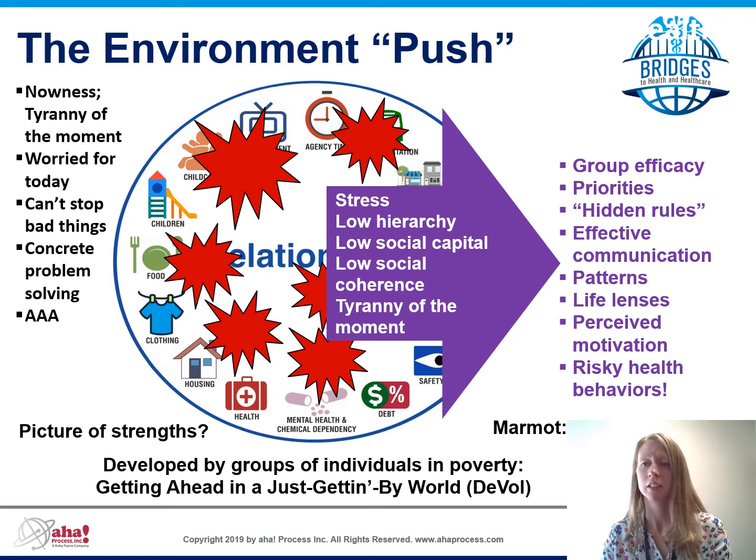But in poverty, you really often don't have the luxury of doing that. You don't call someone like AAA, you call Uncle Ray. And Uncle Ray might come out with a truck and a chain, and he'll haul your car back home. People like Uncle Ray are the reason that relationships is written across this chart. One woman in a Getting Ahead group told the facilitator to draw several lines around the perimeter of the circle with a big, thick marker because once you're in there, it's really tough to get out of it.